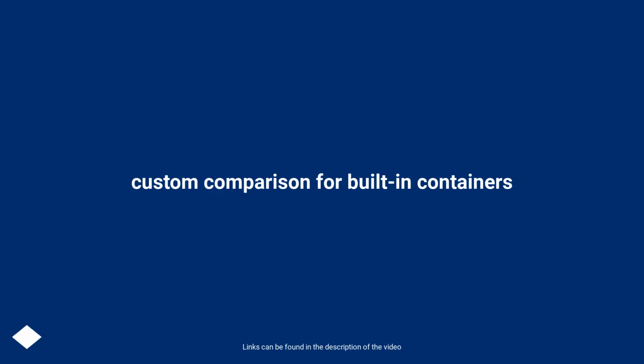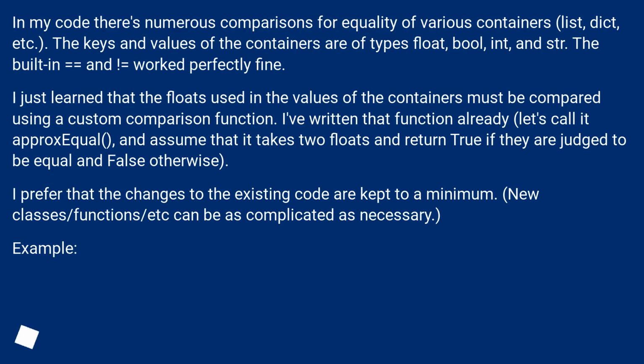Custom comparison for built-in containers. In my code there's numerous comparisons for equality of various containers: list, dict, etc. The keys and values of the containers are of types float, bool, int, and str. The built-in equals and not equal worked perfectly fine. I just learned that the floats used in the values of the containers must be compared using a custom comparison